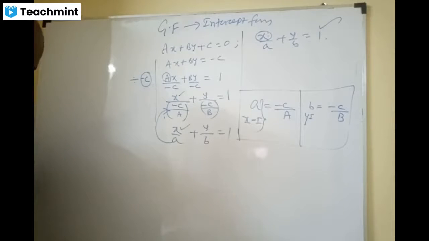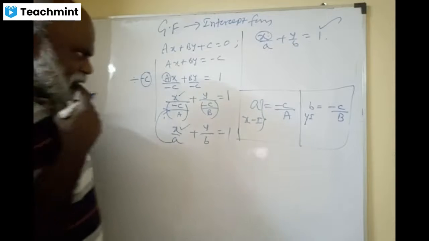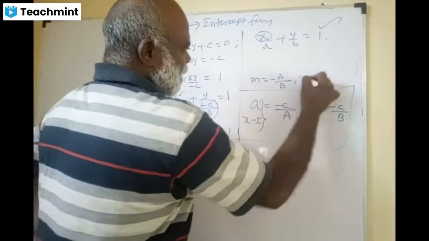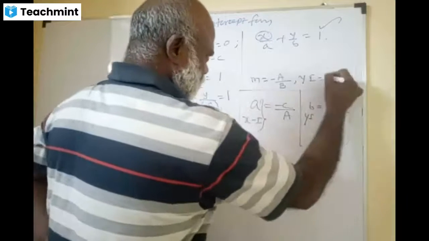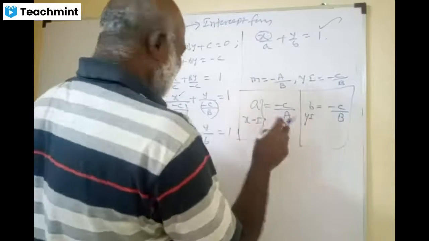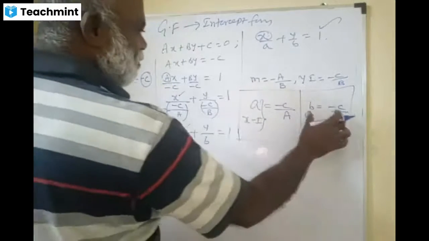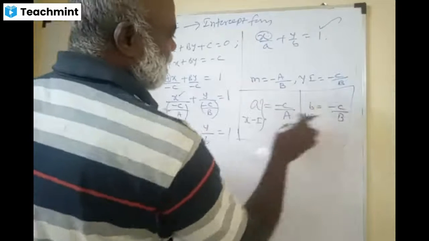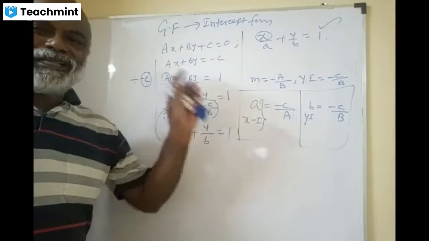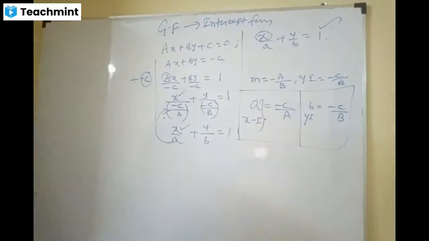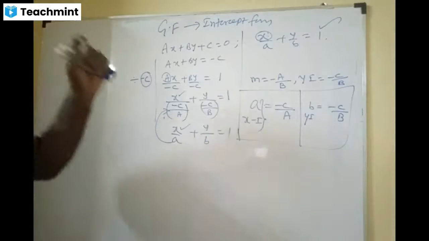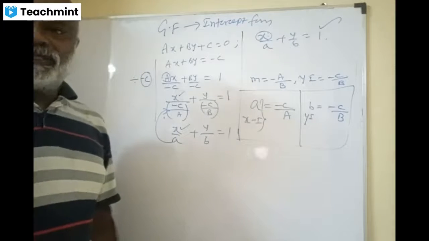Last time you got slope as minus A by B and y-intercept as minus C by B. What a brilliant program. Here is the difference, like C by minus C by minus C. Wow. Of course, you should do it. We are not supposed to remember all these things, it's impossible. But there is some pattern, my dear. If you can think a little bit smarter, you can also map it, right?